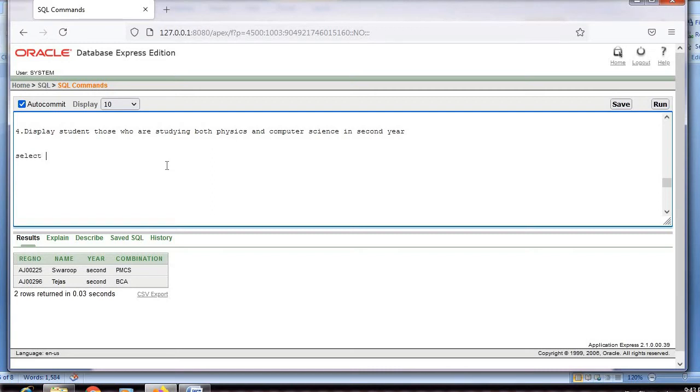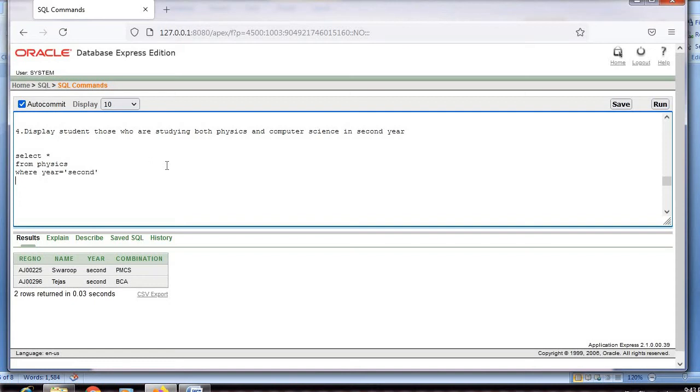Select student means I will write all the information. Select star. From which table? First I will take from physics. And then what is the condition? Where they are studying in second year. Where year is equal to second.